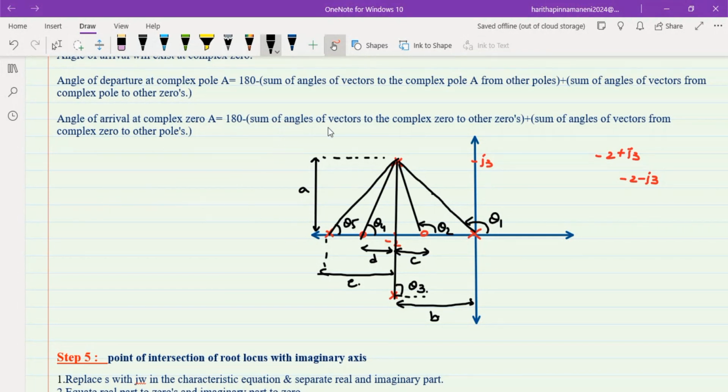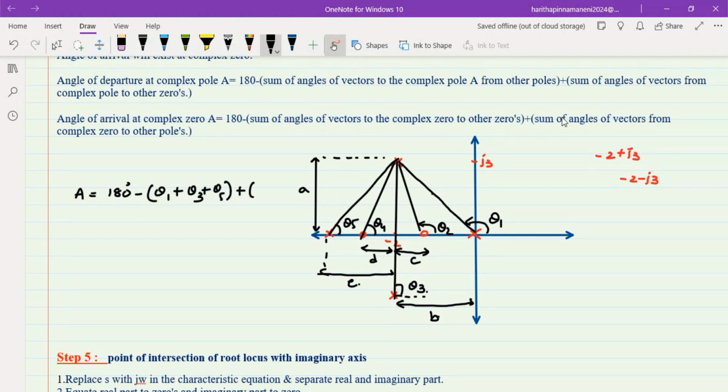Now the sum of angles of vectors. Sum of angles means what are the angles from other poles to the complex pole. So the angle of departure is 180 minus theta 1 plus, next theta 2 is at 0, so we should not consider this. Sum of angles of vectors to the complex pole from other poles only. So this is one pole, next second pole is this. So this is theta 3. Next, where is the other pole? This is the next pole. So what is the angle here? Theta 5. So sum of these angles plus theta 5